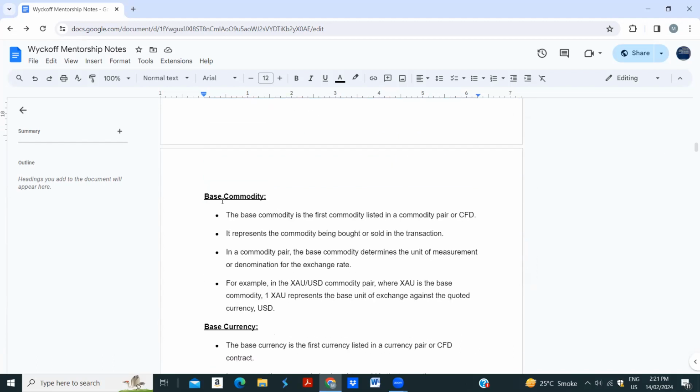First of all, we're going to cover the base commodity. The base commodity is the first commodity listed in a commodity pair or CFD. It represents the commodity being bought or sold in the transaction. In a commodity pair, the base commodity determines the units of measurement or denomination for the exchange rate. For example, in XAU USD, the gold dollar commodity pair, XAU is the base commodity,